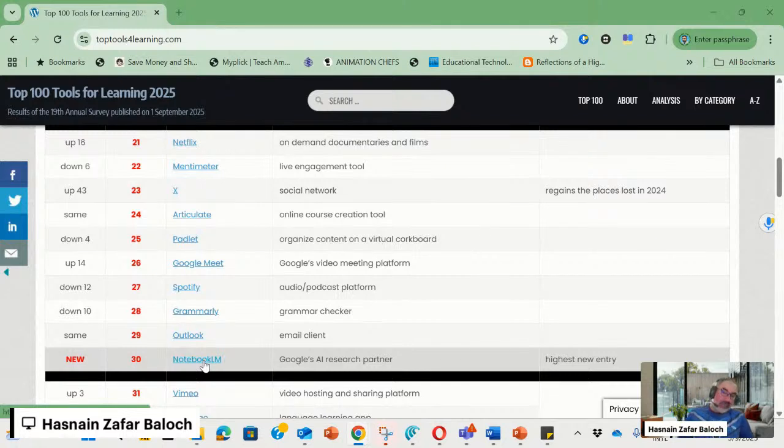And I can predict, based on my own experience with Notebook LM and the way they are adding a lot of new features, I think next year will be top 10. That's my prediction. And the way they have integrated video making,